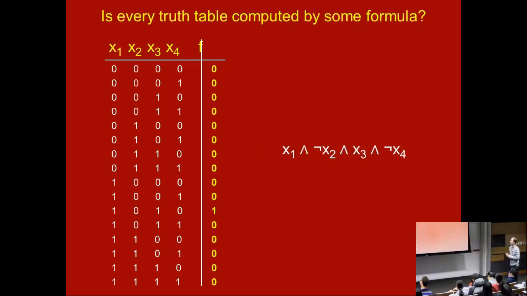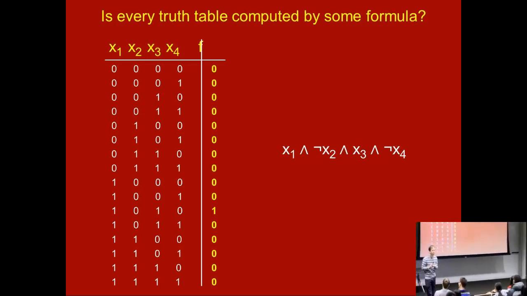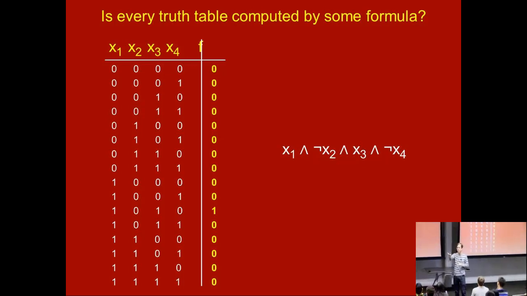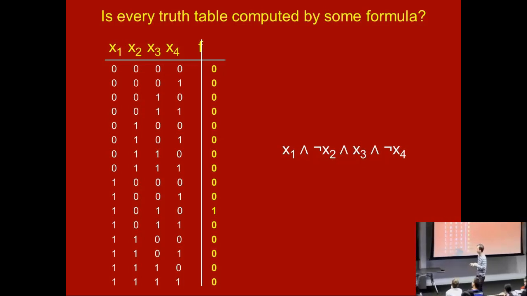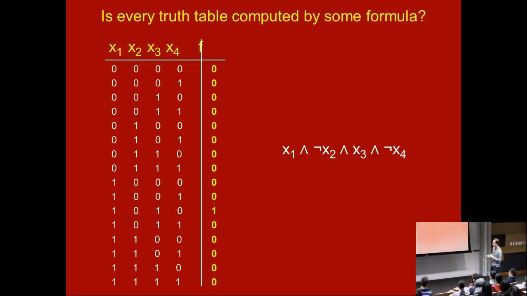Okay. So good. How about this one? Anybody else want to do this one? How about your neighbor? X1 and not X2 and X3 and not X4. Yeah. You can see this has 1, 1. You pick it out by saying X1 and not X2 and X3 and not X4. Or here's another example. If you just have all zeros, but this one is a 1. This could be not X1 and X2 and X3 and X4.